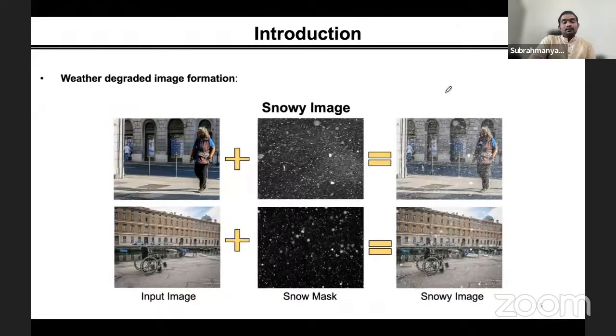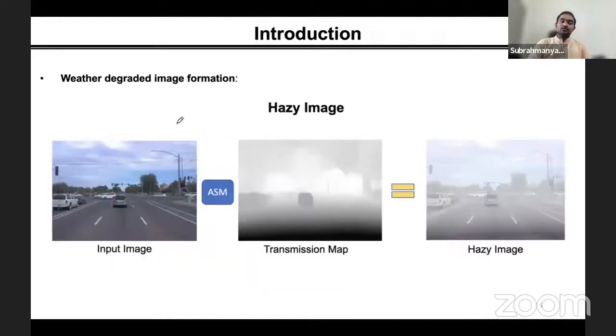So in the same manner, we have added snow to the data. This is an image, and then we have added snow. Generally, snow may not work with depth, so you can add it directly. There is no need for depth information for snow. Actually, for hazy conditions you need the depth. Otherwise, in the snow condition case, we don't require depth. So based on that, we have generated both snow and without-snow images, and this data is used for the